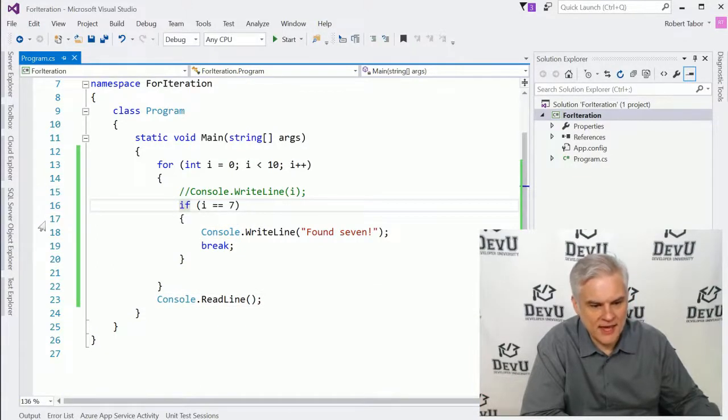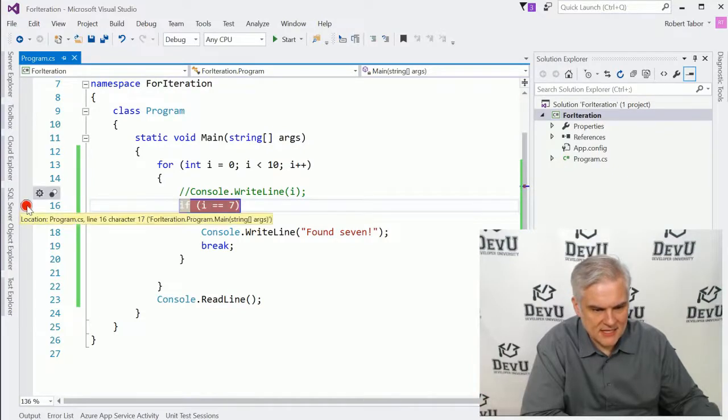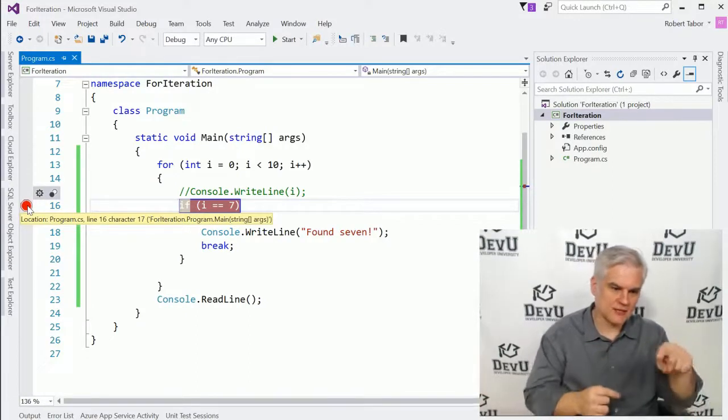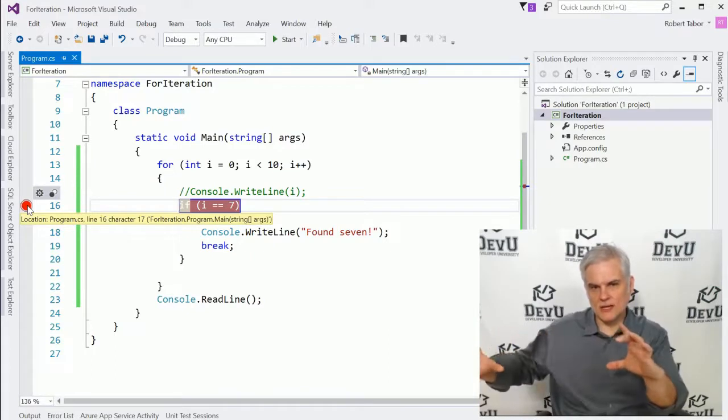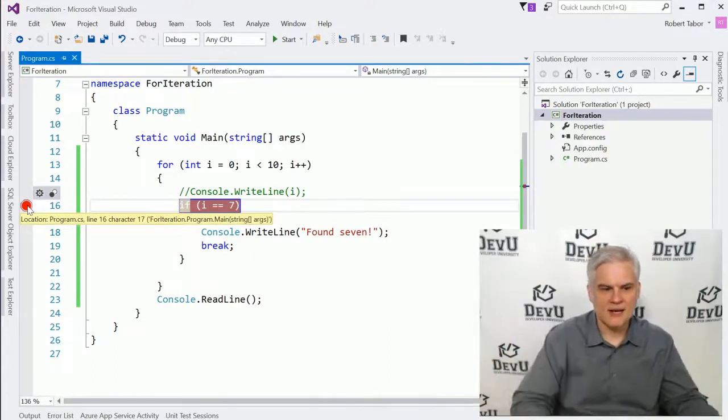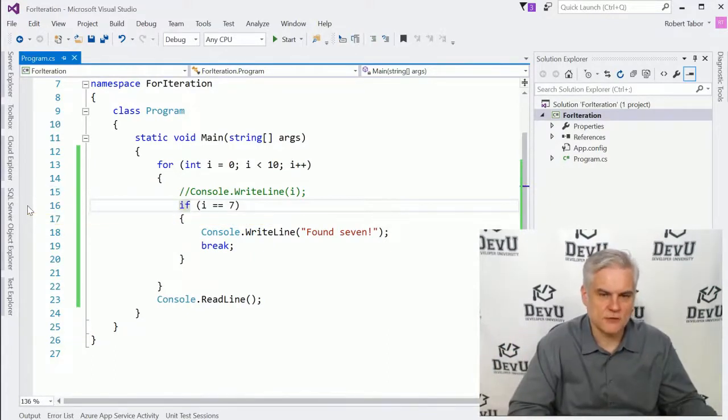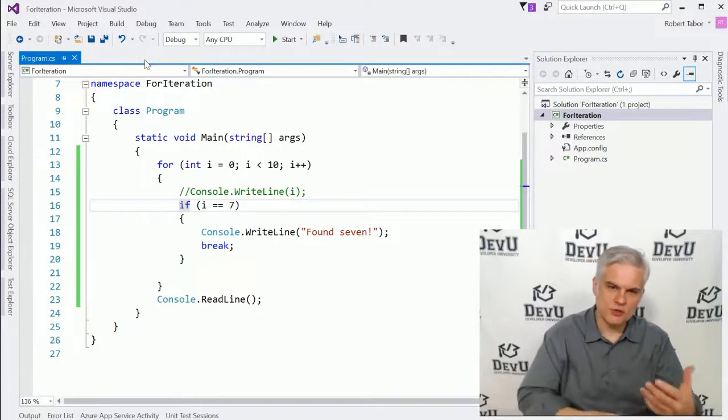Now, how did I do that? I just went to this leftmost column and I clicked in that gray column, and it created a little red dot, and off to the right hand side you see that that whole line of code is outlined in red. Now there are, truth be told, a number of different ways to set a breakpoint. Probably the easiest way to do it is what I just showed you, but there's also keyboard shortcuts and